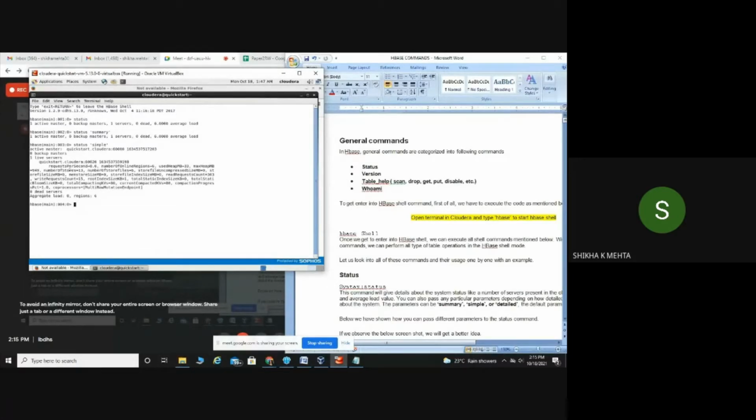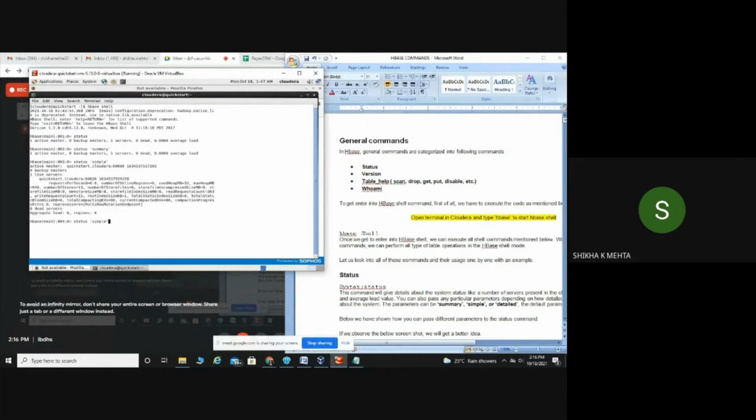So here you can see it is providing the number of requests per second, number of online regions, used heap, maximum heap, number of stores, number of store files, store file uncompressed size, store file size, mem store. So all the information that you need to know is provided over here. Then we have another parameter besides simple, that is basically detailed,